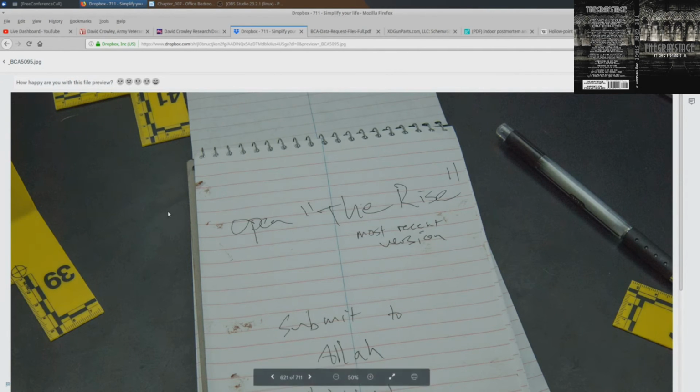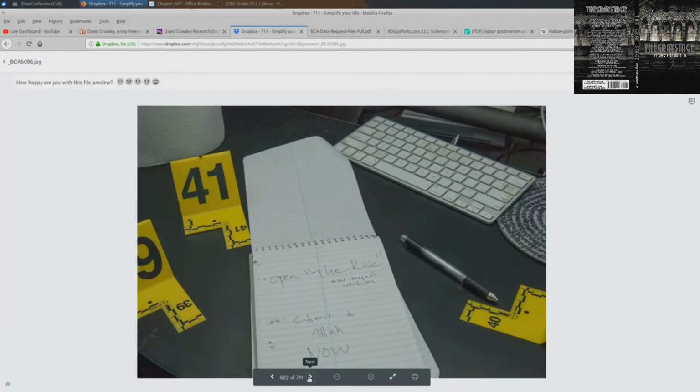What's weird is they flip it open, and then they flip it open again, because you have this page up top here on the north side of this image, and I don't know what was on that page. I want to know what was on that page. I think that is the one that talks about all the stuff that he was looking into, like Building 7 and a lot of interesting things. That's probably another one of these photos in here too.